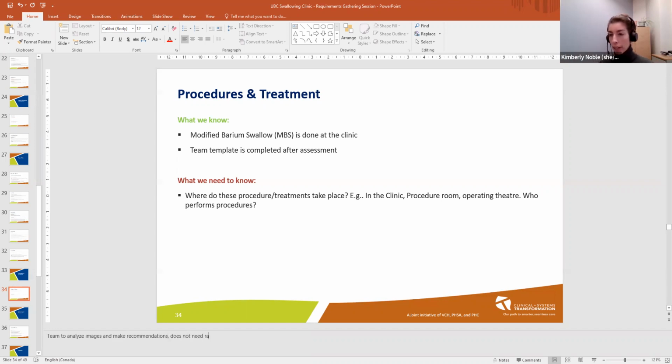As Lauren mentioned before, the rad techs do dictate the fluoro time. Is that right, Lauren? Yeah, the rad tech writes down the fluoro time on the requisition, and then the radiologist dictates the fluoro time that was utilized, but they don't actually interpret the study. That's left for the SLPs, and I think that they maybe put a note in their dictation to see the SLP report. I believe that we settled on that, yes. So fluoro time and please see the SLP report is what the radiologist will dictate.